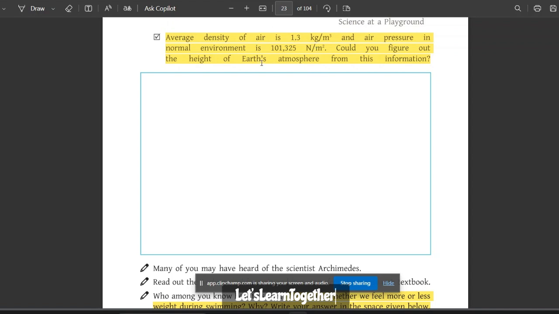That means এখানে আমরা জানি যে, বেসিক্যালি এখানে হাইট অফ আর্থস অ্যাটমসফিয়ার চেয়েছে, ঠিক আছে? এন্ড ডেটা দেয়া আছে অ্যাভারেজ ডেনসিটি, দ্যাট মিন্স ডেনসিটিটা দেয়া আছে, প্রেসার দেয়া আছে, এন্ড আমাদের কাছে হাইট